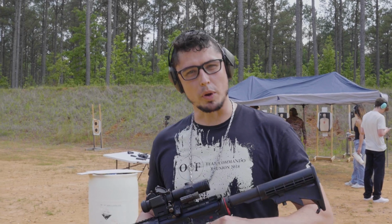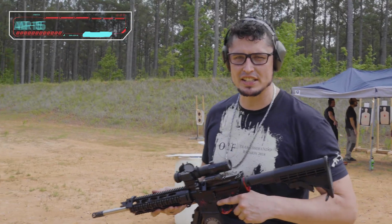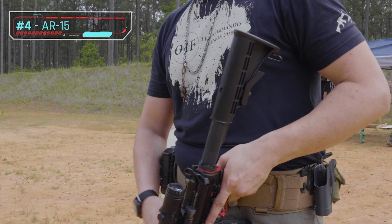All right, so what we got here, this is honestly my preference over all things. All the handguns I view as just tools to get me to one of these. This is a 5.56 AR-15. This model is a Spikes. And why I like these is